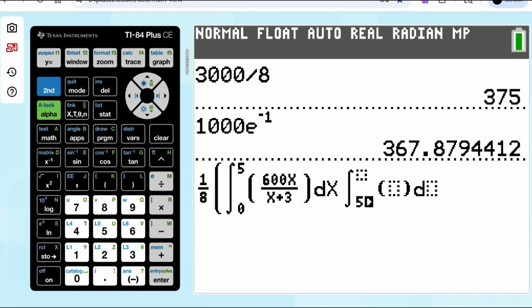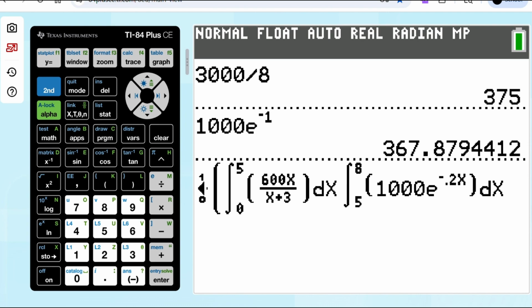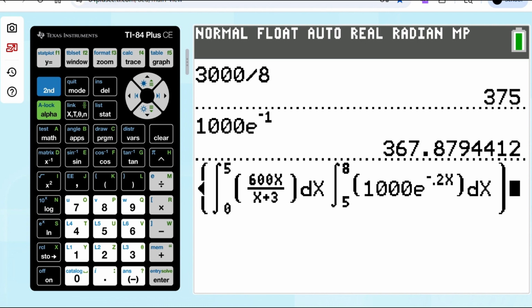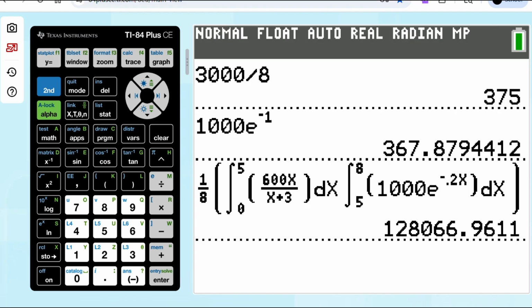And this time it's the integral from 5 to 8 of this other function that we had, which was 1000 e to the negative 0.2t, or in our case, negative 0.2x. We'll throw our dx in, we'll close our parenthesis, and when we hit enter, we definitely put something in wrong